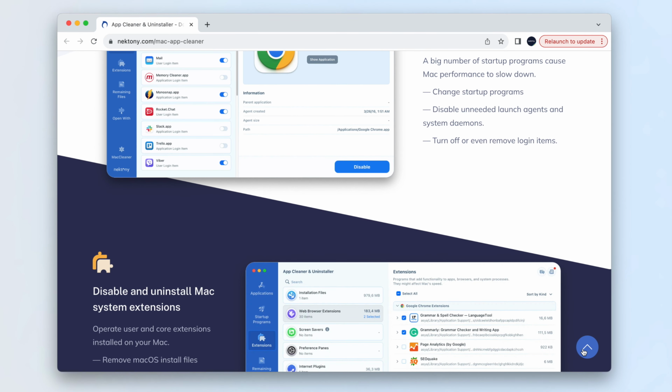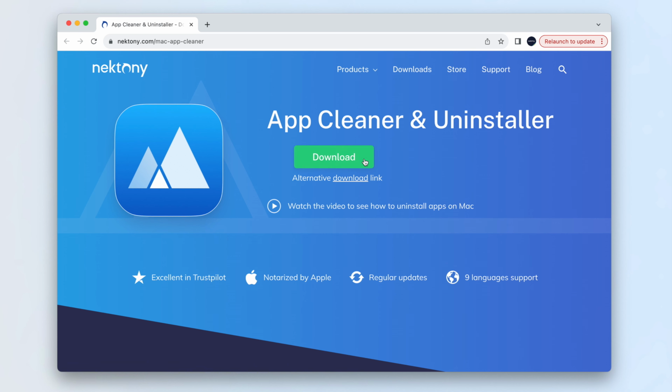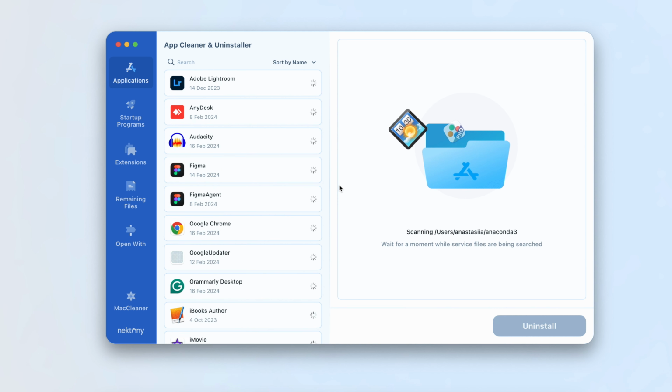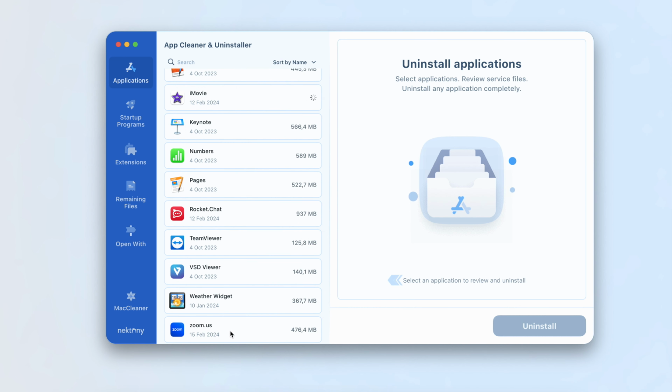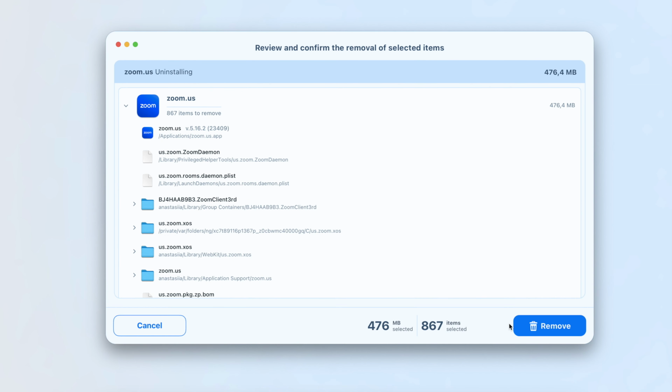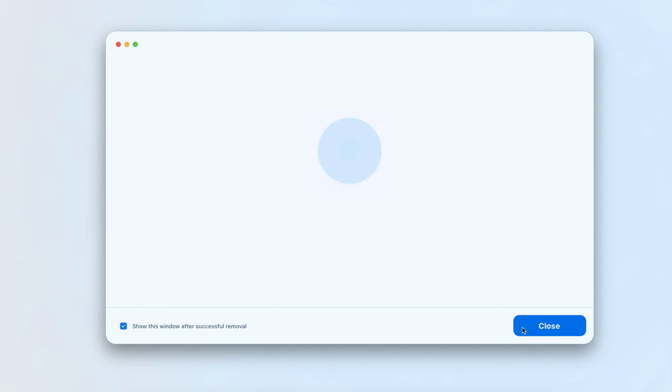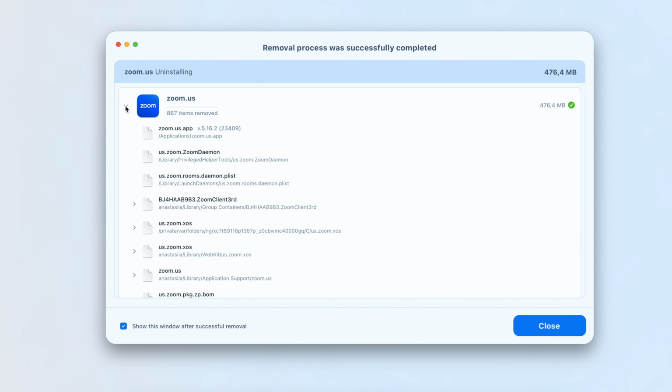To remove Zoom from your Mac, follow the steps provided below. Download and launch App Cleaner and Uninstaller. Select Zoom from the list of applications. Click the Uninstall button to remove Zoom completely. Confirm the uninstallation. Once you complete these steps, Zoom will be uninstalled, and all of its service files will also